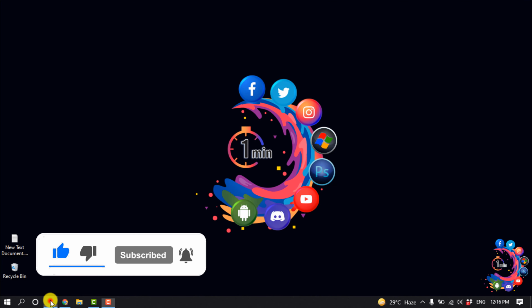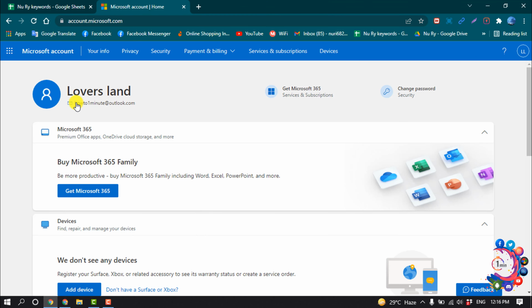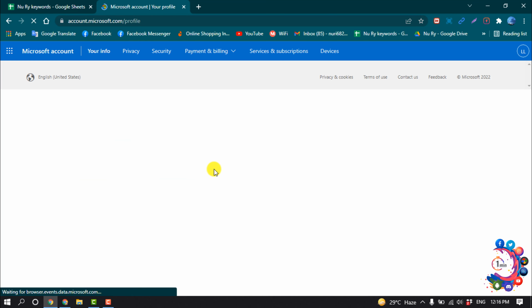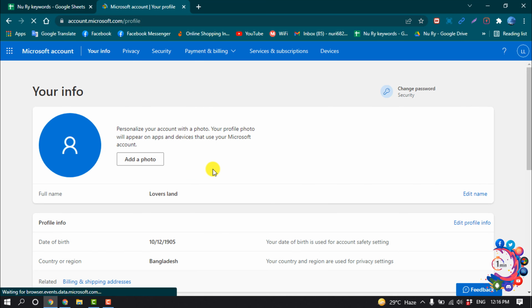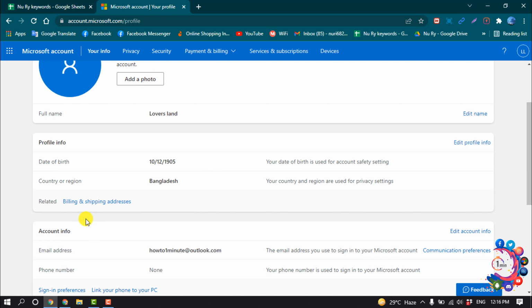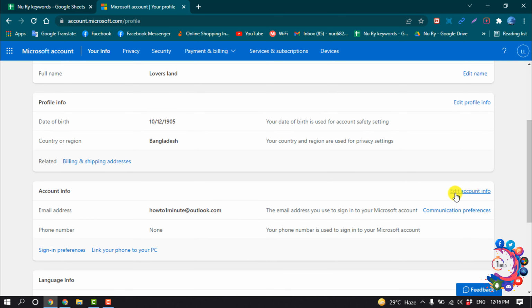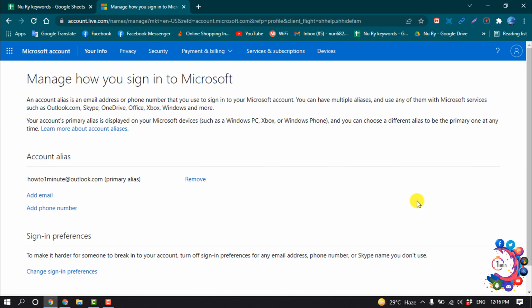So first of all, you have to open your Microsoft account, then click on your information, and click on edit account information. And here is the email changing option. So this is my primary email address, we can't change it. So to change the email address, first of all we need to add a new email. So click on add email,